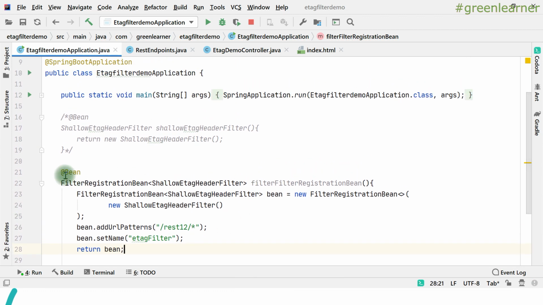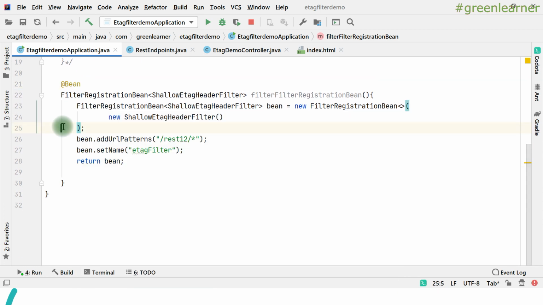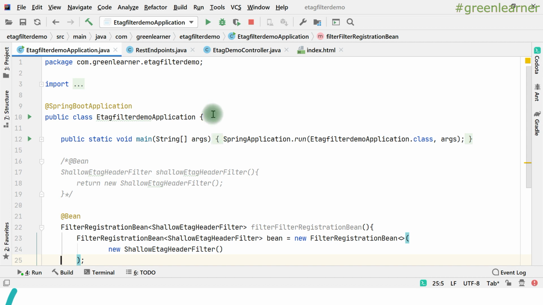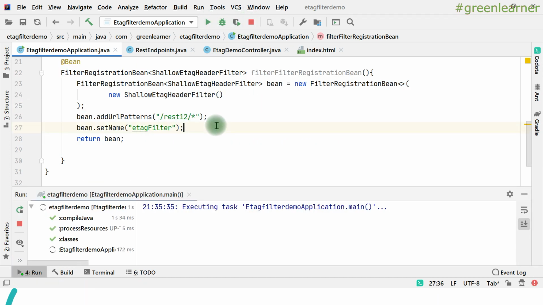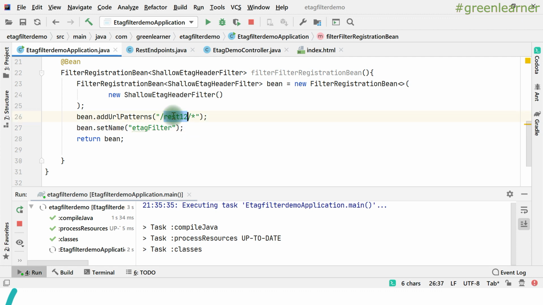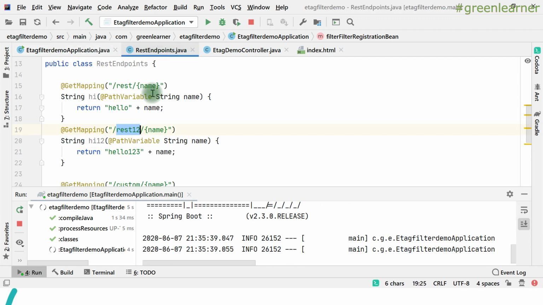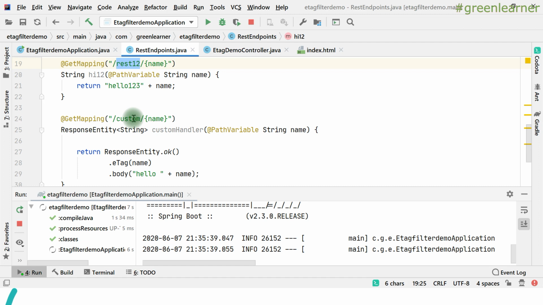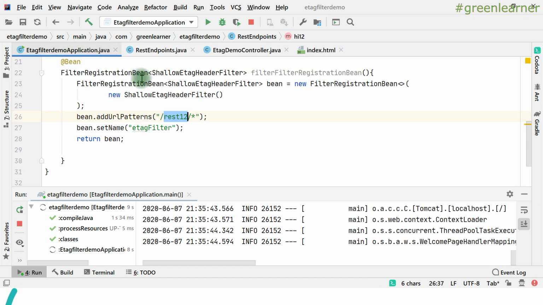The @Bean annotation is there and all this information is here, and I think we are done here. So just stop the application, start it again. Keep in mind now rest12 and custom, these two will be under ETag, others not, right?